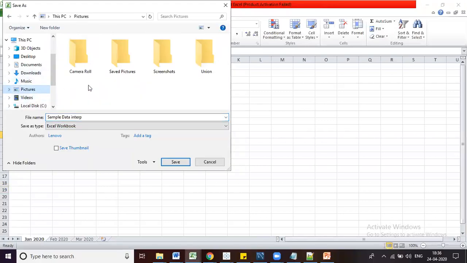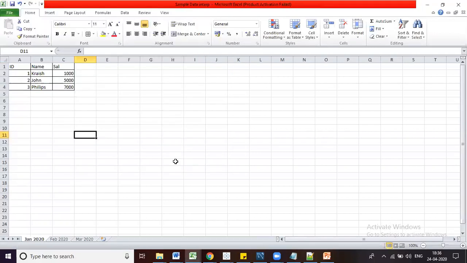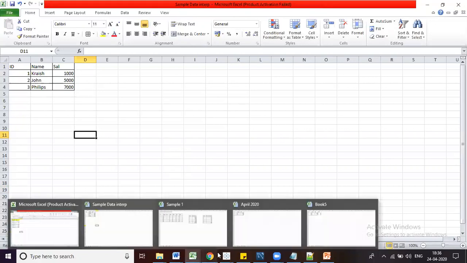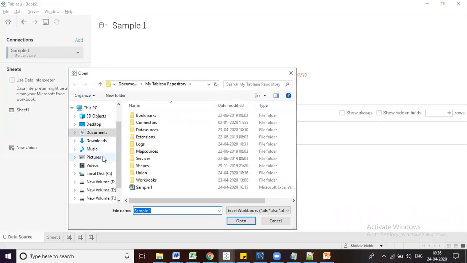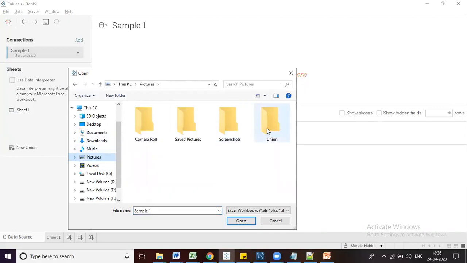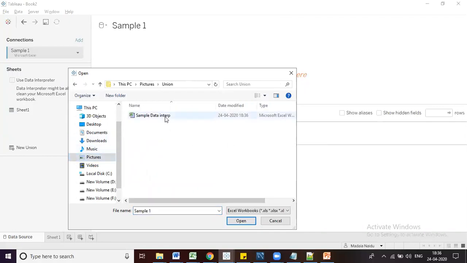Go to pictures, go to union, and here I am saving that workbook. Now I am going to Tableau again. From Tableau I am going to edit the connection to connect to that file. I go to pictures again, union, select this file and click on open.